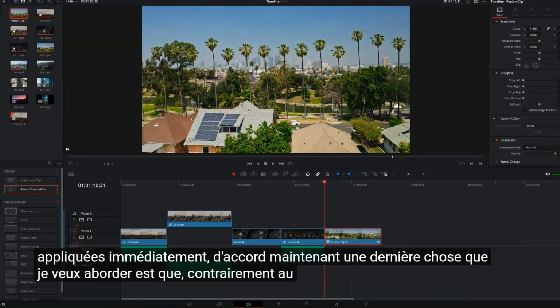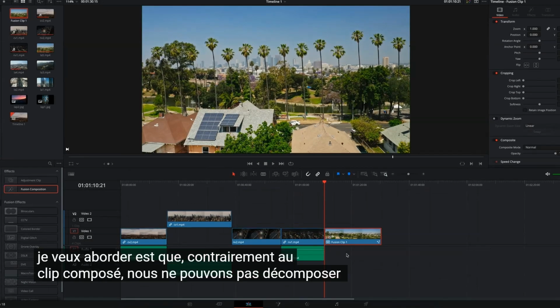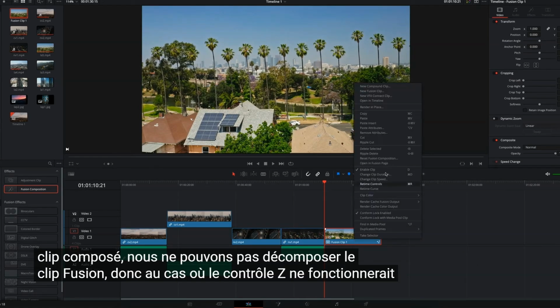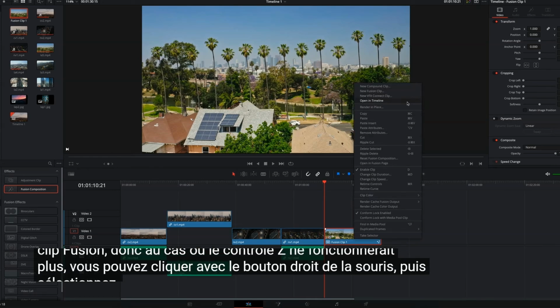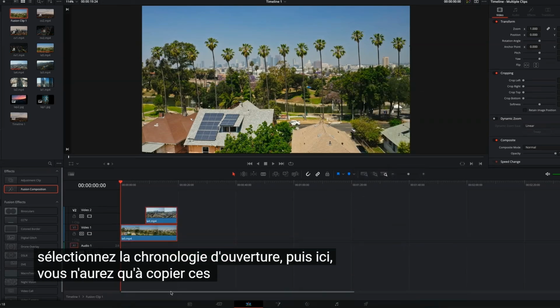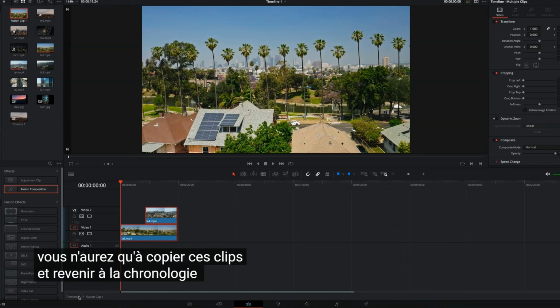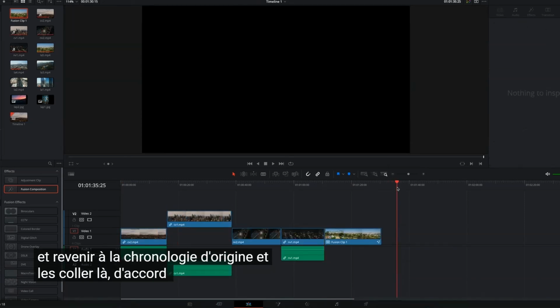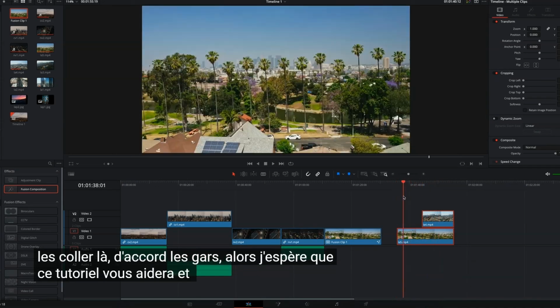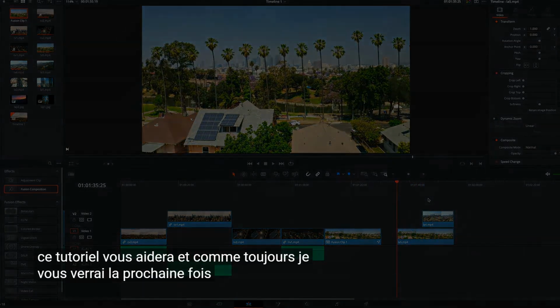Okay, now one last thing I want to touch on is that unlike Compound Clip, we cannot decompose Fusion Clip. So in case Control Z does not work anymore, you can right click and select Open in Timeline. Then here you will just have to copy these clips, go back to the original timeline, and paste them there. Okay guys, so I hope this tutorial helps, and as always,